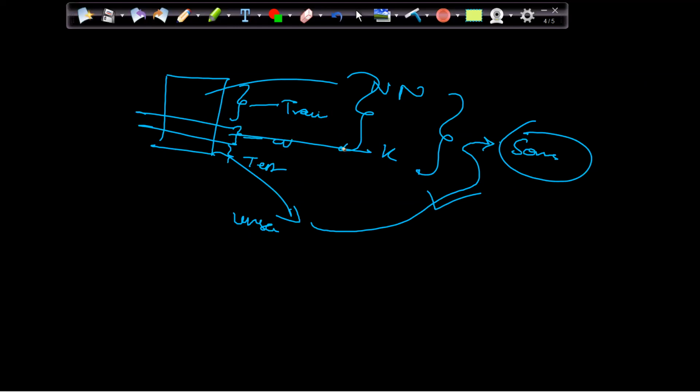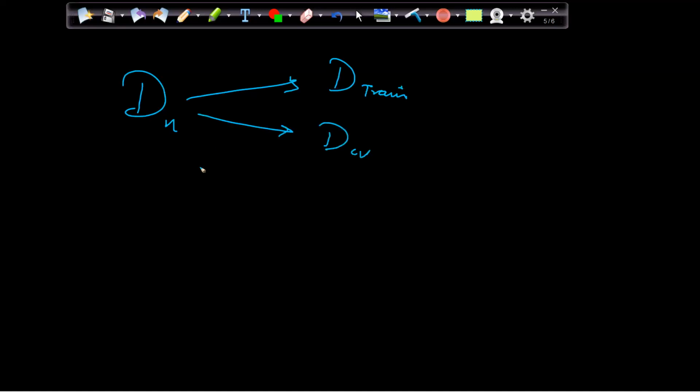But now there is one problem with that. What is the problem? The problem is that I have dn, which consists of d train, dcv, and d test, right? Machine learning is a technique where if I pass more data, the better the machine will learn.